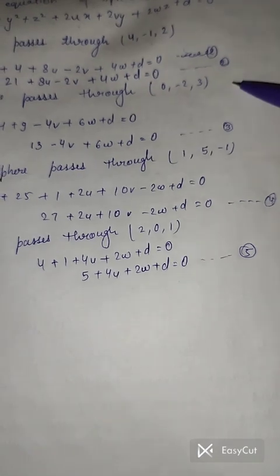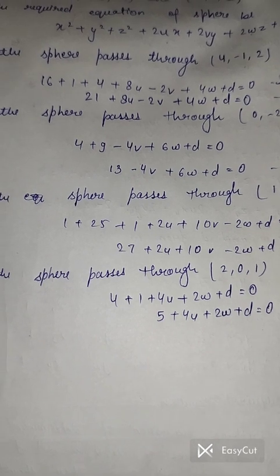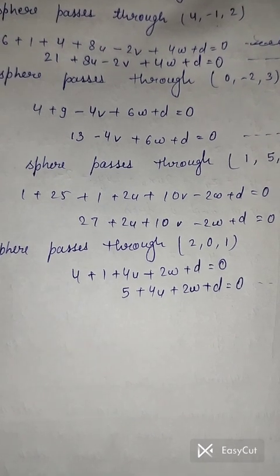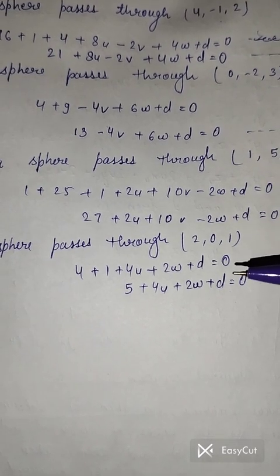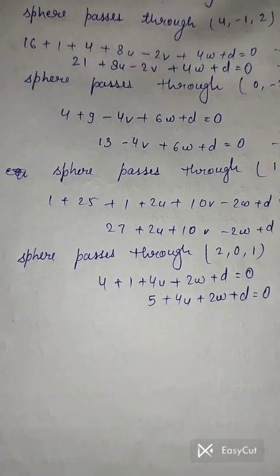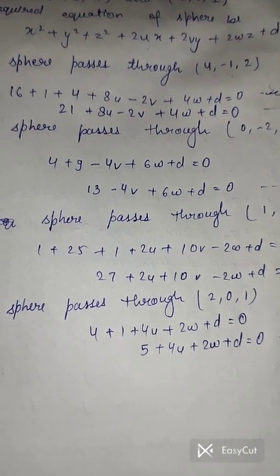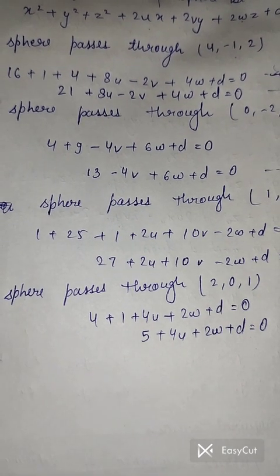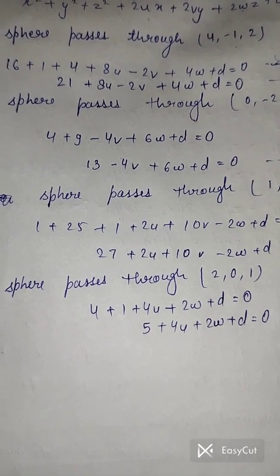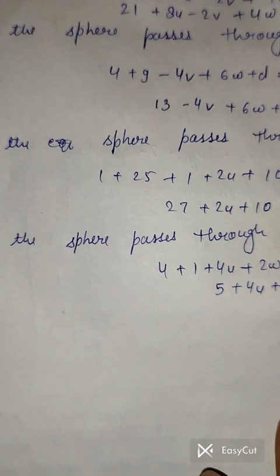Now by using equations 2, 3, 4, 5, we will find the values for u, v, w and d, and after finding the values we will put the values of u, v, w and d in equation number 1, that is the general equation of the sphere, and thus we will get the required equation for the sphere. So for finding the values of u, v, w and d,